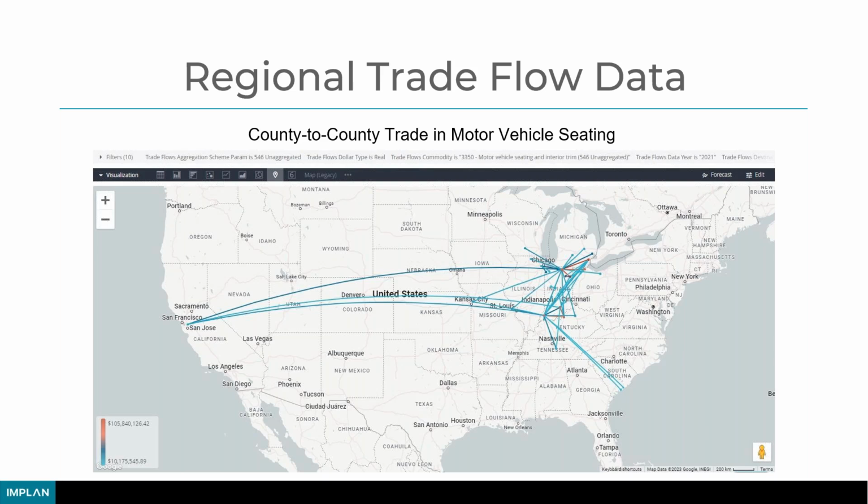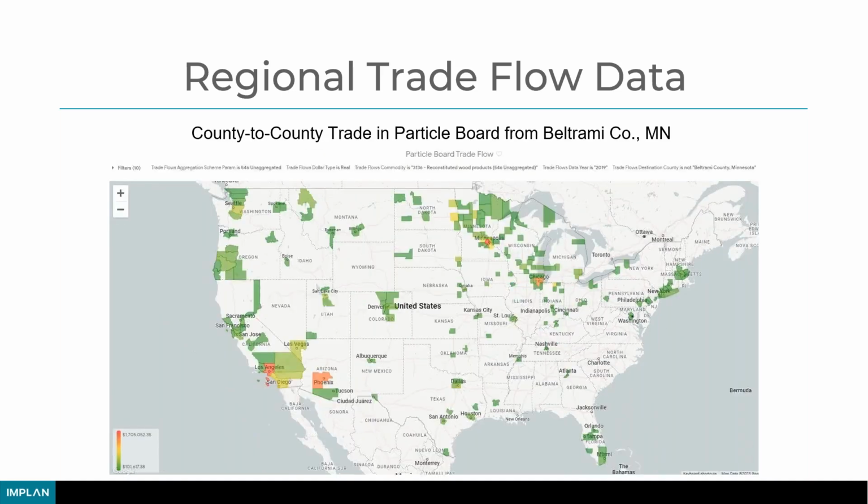And again, you can extract this data. You can pull this data in a table format. I want to know all of the counties where this trade occurs to and from. You can pull that out of data library. You can look at this in another visual context. Here we're looking at county-to-county traded particle board from Beltrami County, Minnesota. Where does it go? It goes to Minneapolis and Chicago, not surprising because of their close proximity, and then major building centers across the US,